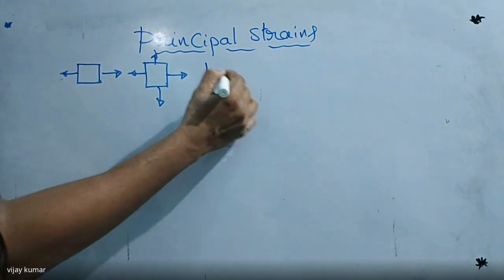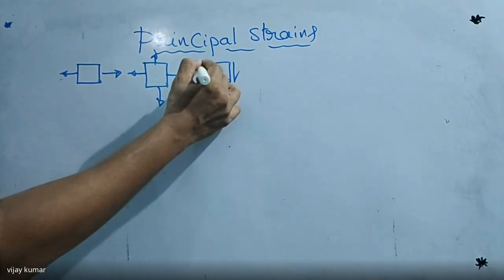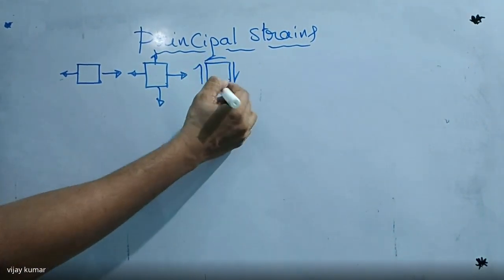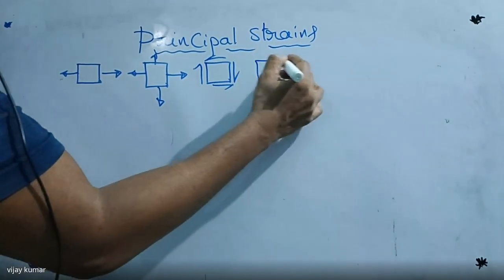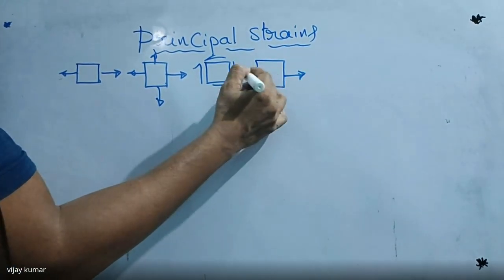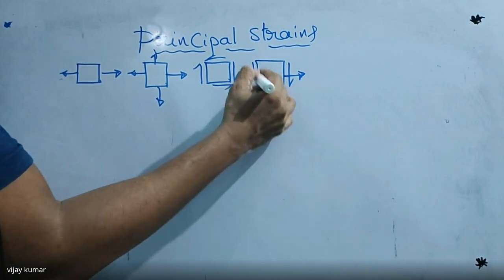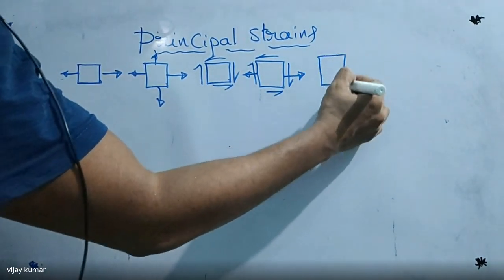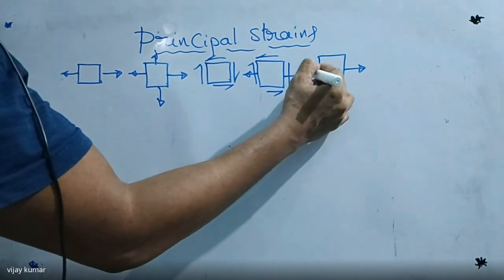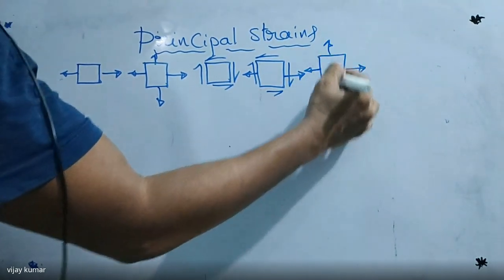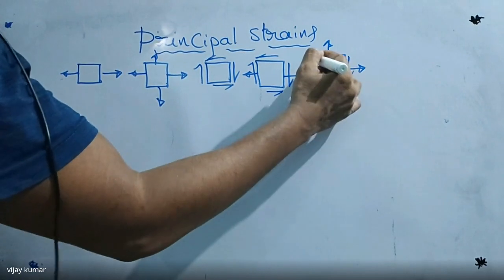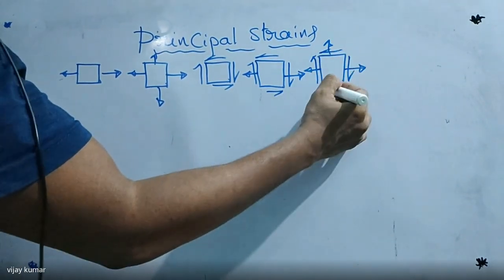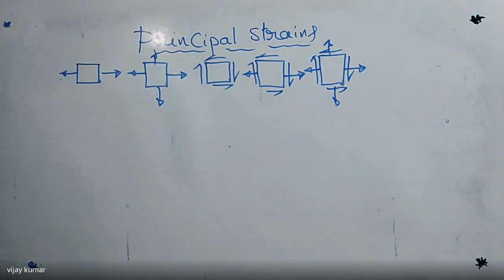So when a component is subject to pure shear, when the component is subject to uniaxial shear. This is the component which is subject to biaxial shear. So here biaxial and shear. Whatever the case, we have to take it. So the general case is nothing but biaxial and shear.